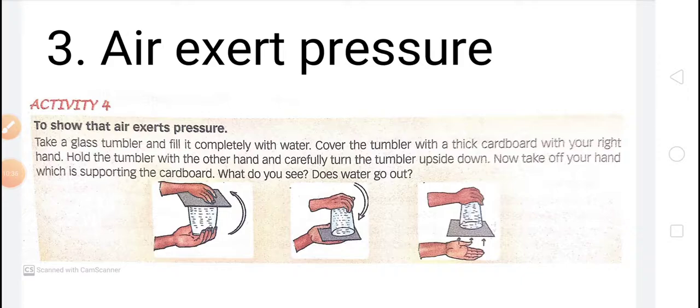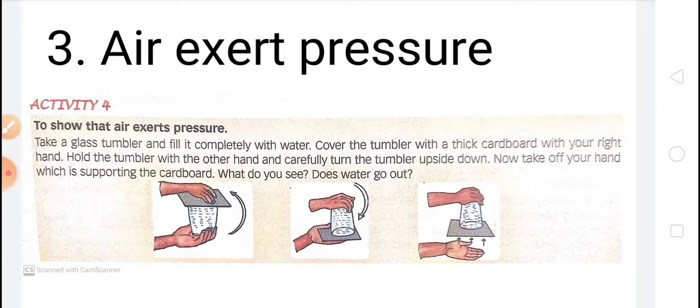pressure of air, we can use this pressure exerted by air in many ways. Okay, in a doctor's syringe, and in cycle tire and tube, and to suck using a straw, and to fill ink in the pen. Using this air pressure in doing many activities. Okay, children, you know that the air exerts pressure which is more near the sea level. It means